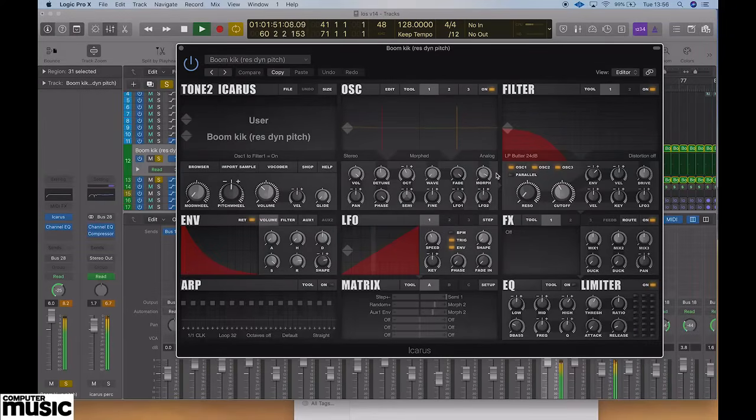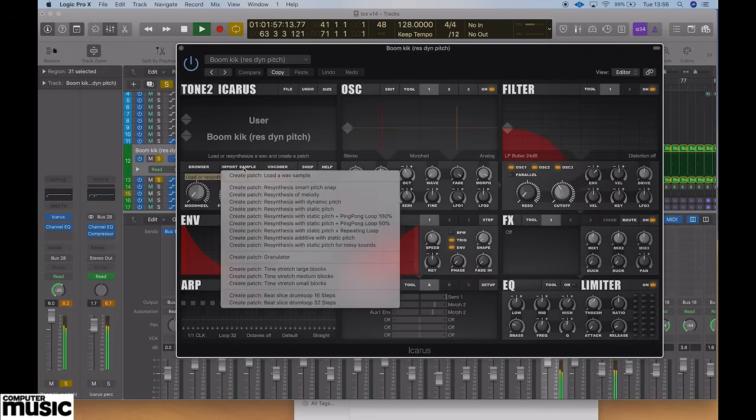So what we did was load our sample in, which you do in this import sample section, and you can see there are loads of different ways of importing a sample into it. It will do its own analysis on it, which can be a granular type analysis, or resynthesis, which is turning it into a wavetable,